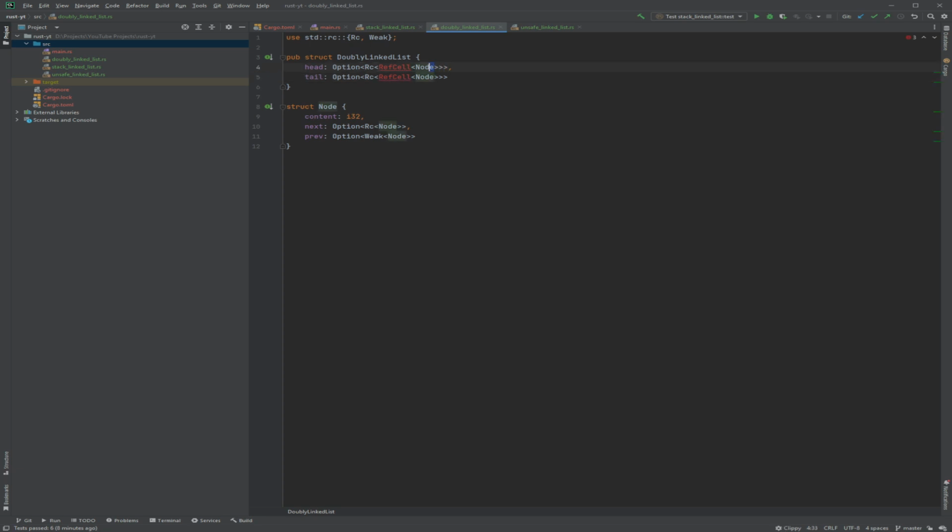Because we want to modify the node, and we want to do the same thing for next and previous, because we want to modify this. Yep, that's a lot of brackets. Yes, I hear you. Oh, that should not be like this, because we don't want to change the reference of the weak pointer, only the value contained inside.